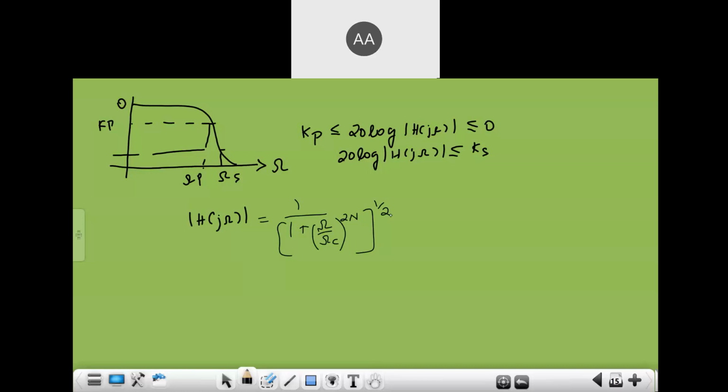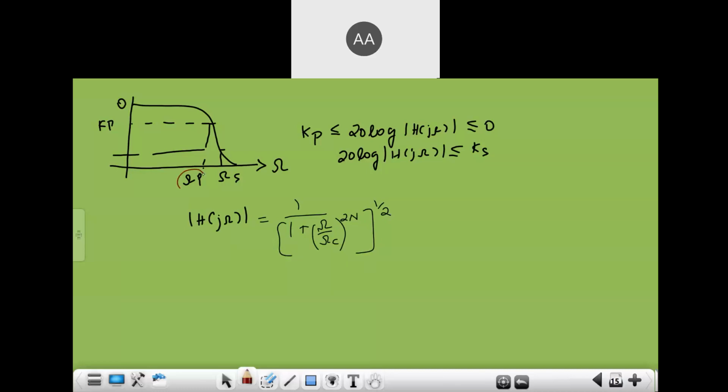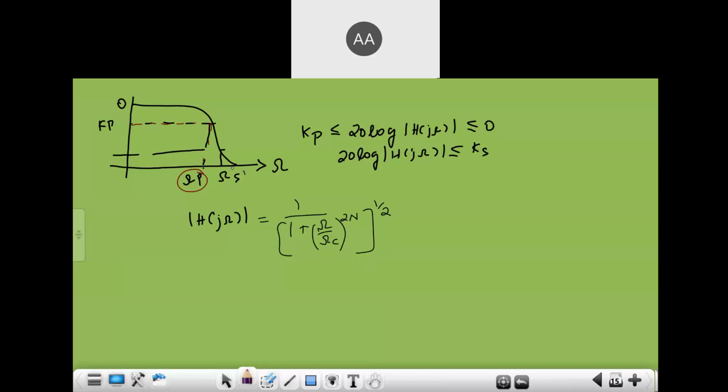So you can look at the specifications, what is given, the omega p and omega s here. This is your omega p value, which you get by dropping down a perpendicular line from your kp value, and your omega s, your stop band value. The gain ks value will be given to you, from which you will drop down a line toward the x-axis, which gives you your stop band frequency.